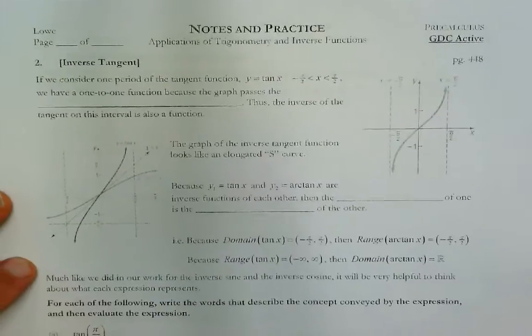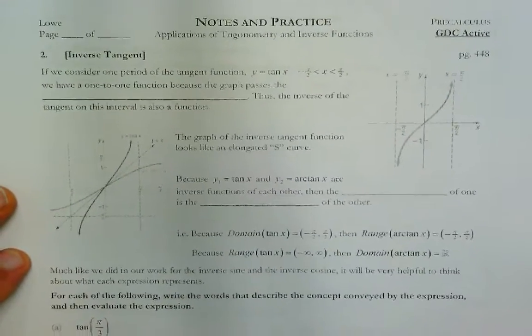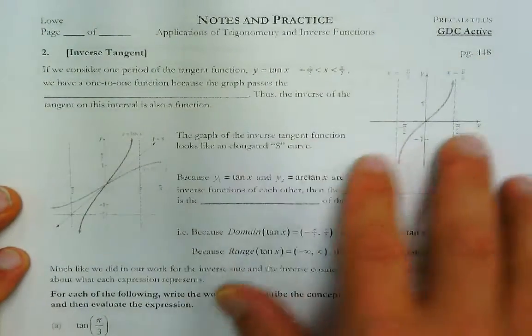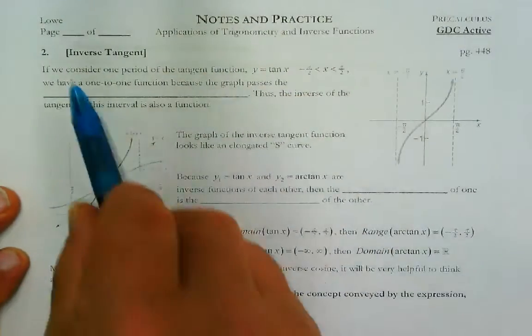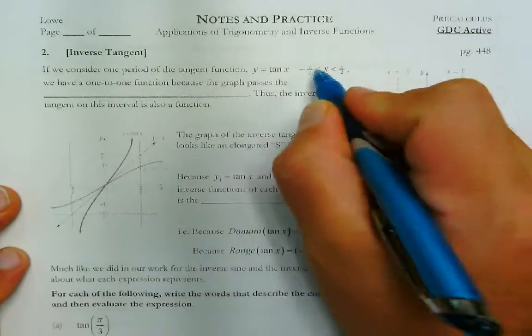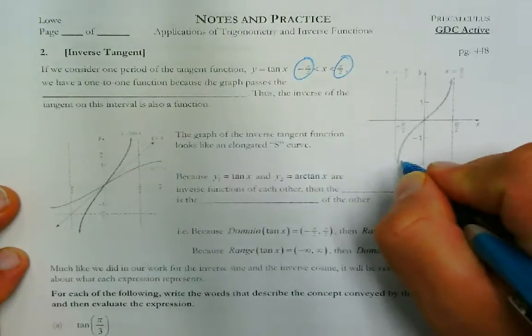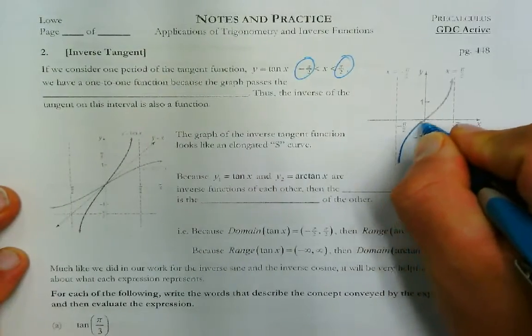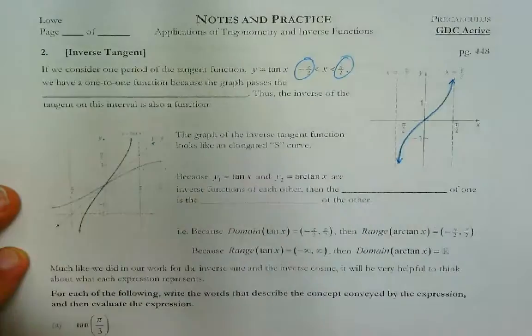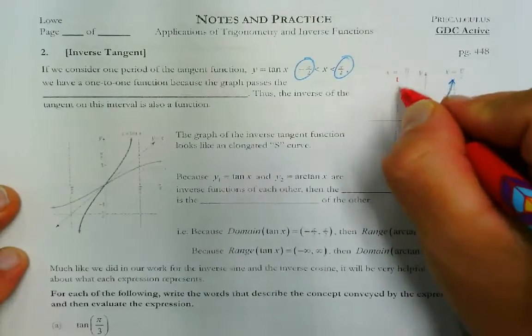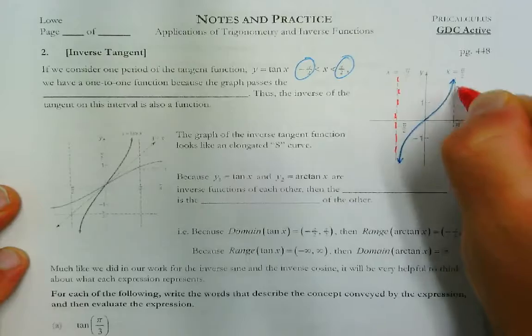So we've talked a bit about the inverse sine and the inverse cosine. Now let's look at the inverse tangent. If we consider one period of the tangent function between negative pi over 2 and pi over 2, so if we look at just one period of our tangent function, and we have these asymptotes,